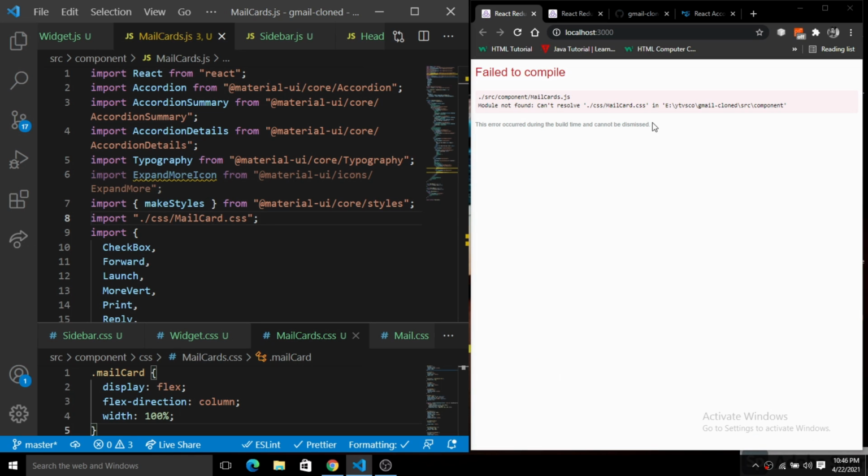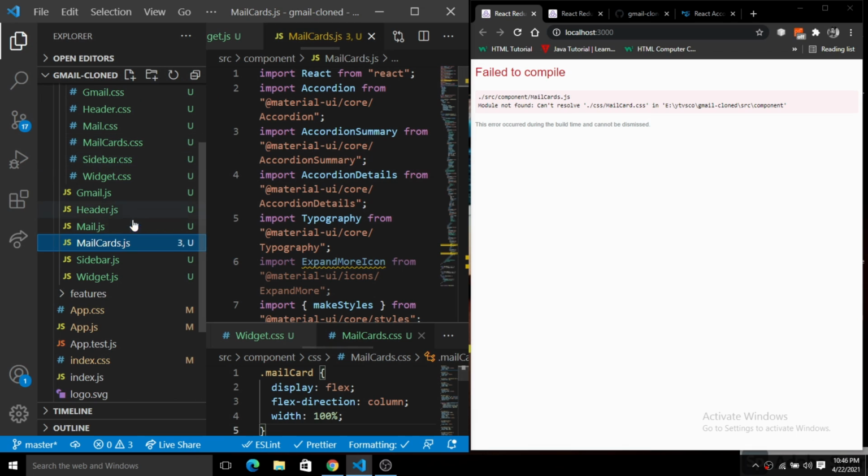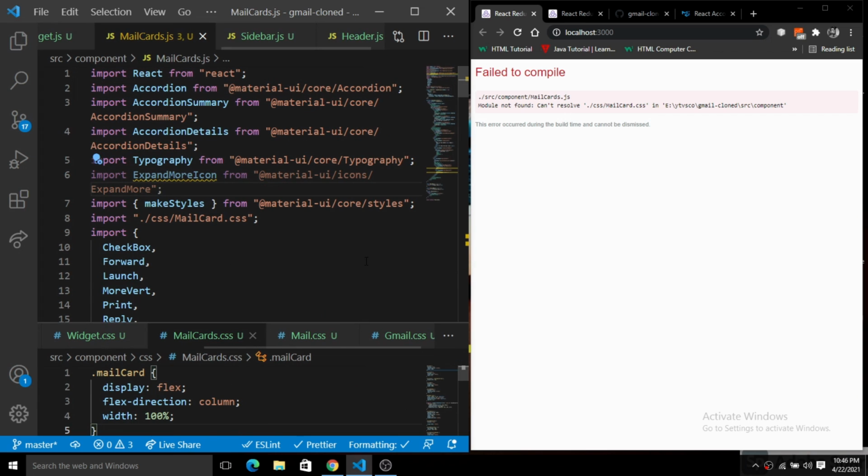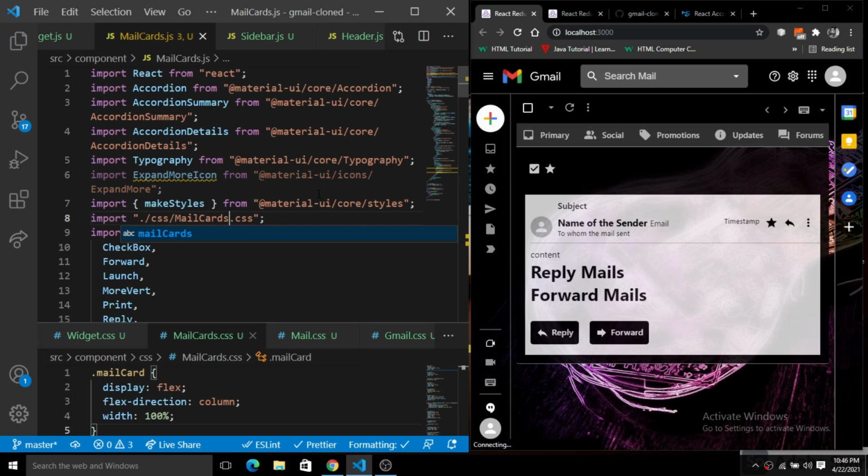Okay, mail card dot css cannot be resolved. Let me see if we have a mail card dot css or not. We have a mailcards dot css, not mail card. That's the issue we are getting here. So just put an s here, save this. Now you can see it looks nice, but